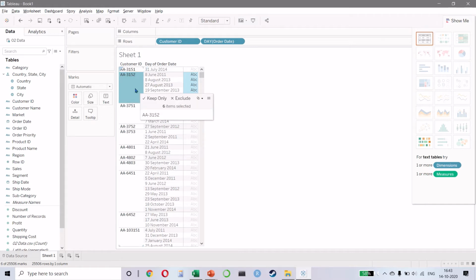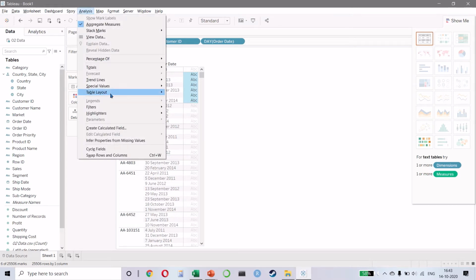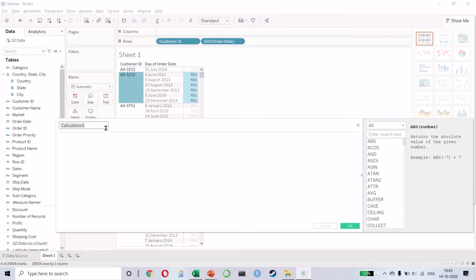We want to create another column in which we want to show the customer acquisition date. That means on which date did the customer make the first purchase. So in analysis, please click on calculated field, and we want to create the minimum.